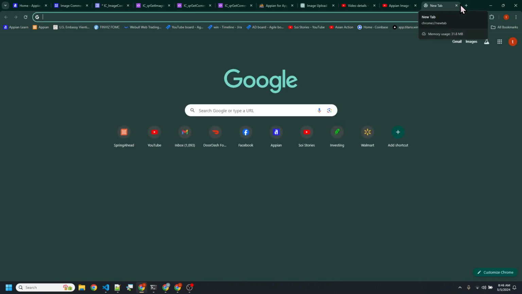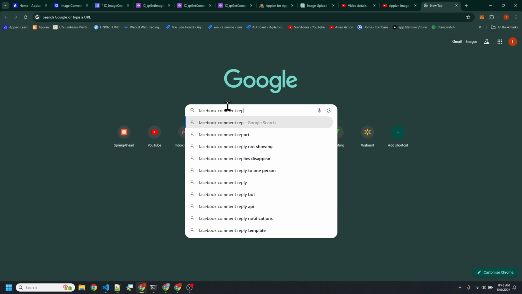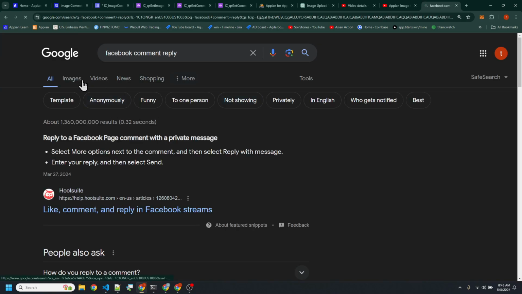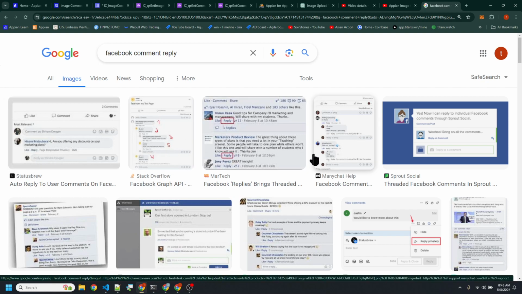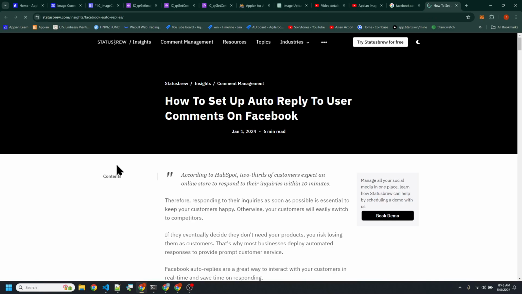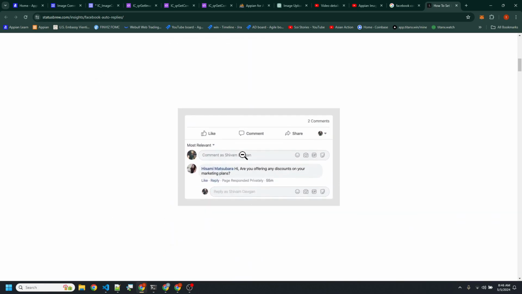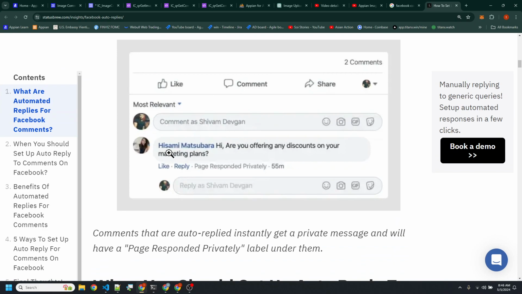If you go to Google right now and say Facebook comment reply, boom, and then you go to images, you can kind of tell that some of these have the ability to reply to it down here. There's a comment here made by this person, and then you got the like and reply, and the ability to respond to it or upload an image and stuff like that.